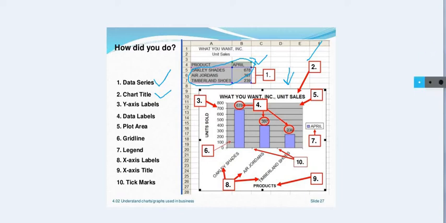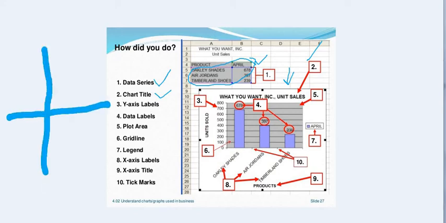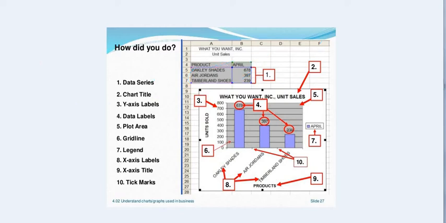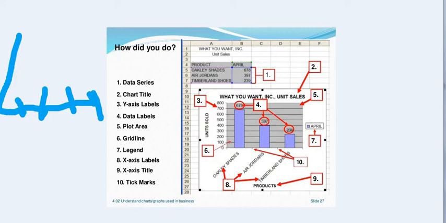Now next is the y-axis. Whenever we create a graph, there is one x-axis, that is the horizontal, and one y-axis, that is the vertical, right? Here we will write some data, and here also some values.